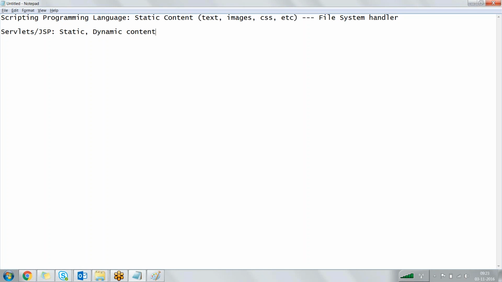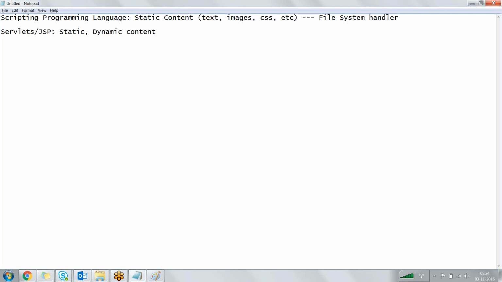Another example. I want to watch the match between India versus New Zealand. I open ESPNcricinfo.com and click on live scorecard. I don't do anything. The dynamic content, the updated scorecard, will be displayed to me. That is nothing but your dynamic content. So if you see now, compared to the scripting programming languages, your servlets and JSP are much more advanced, with much more capabilities. So what happened? Every developer started moving away from scripting programming languages to servlets and JSP.